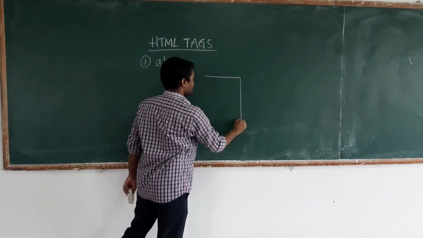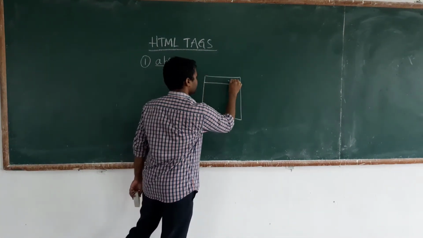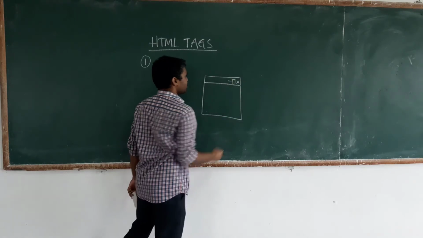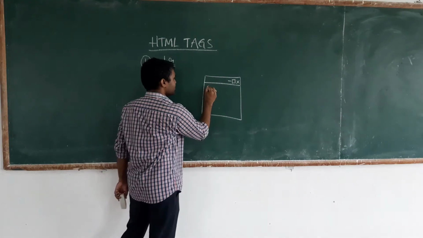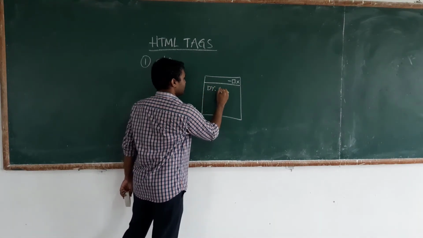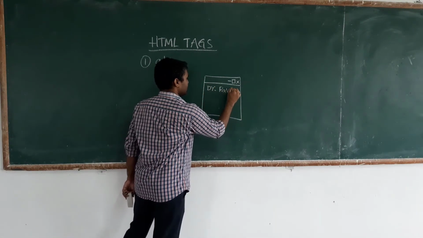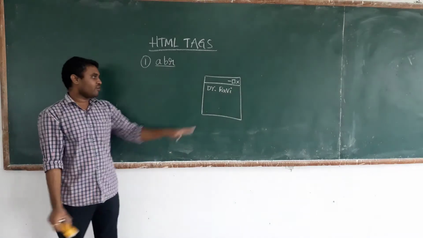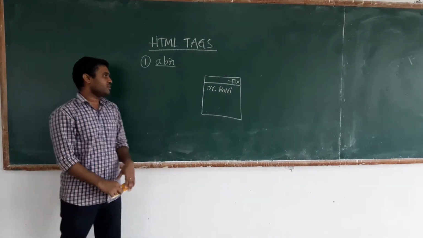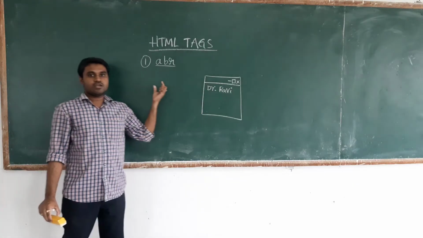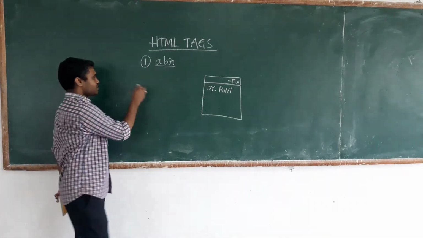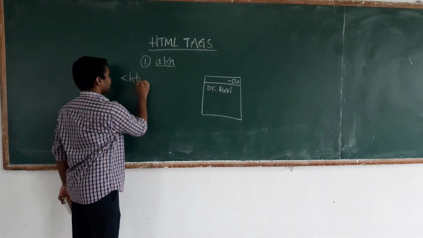Let us say, for example, here is a window which is divided into two parts, header region and body region. Here I have to display a simple output like this: Dr. Ravi. So how can you display this text by using a tag in HTML? First, let us say I have to write a tag like this: